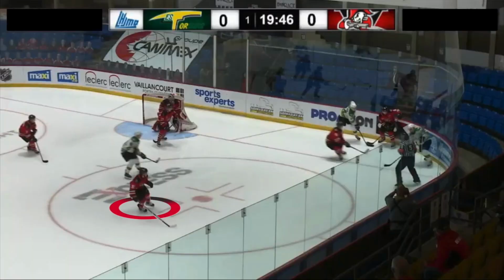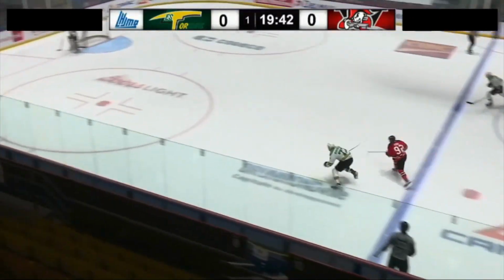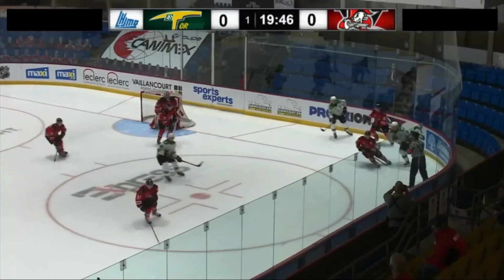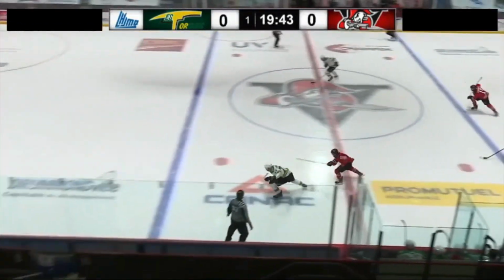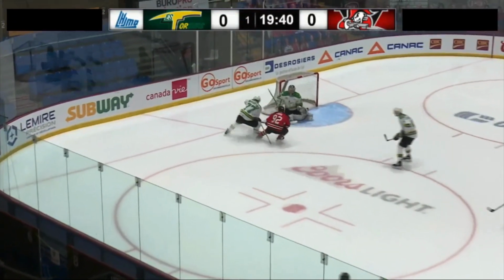Later in the same shift, Côté gets an opportunity for the foot race as the puck gets past the defenseman at the point. He shows off his very quick stride to catch up with the rear guard who was caught in his pivot. What I'm taking away from this is that he owns explosive first steps, but his speed is